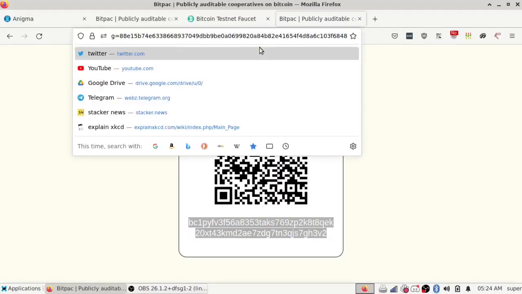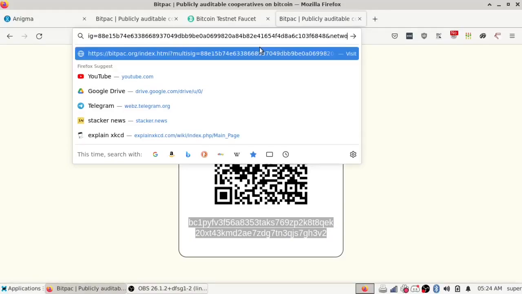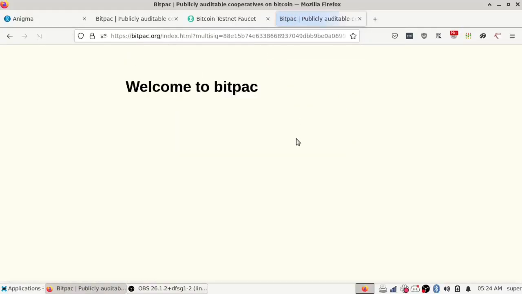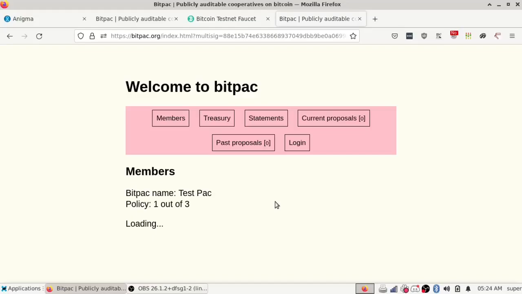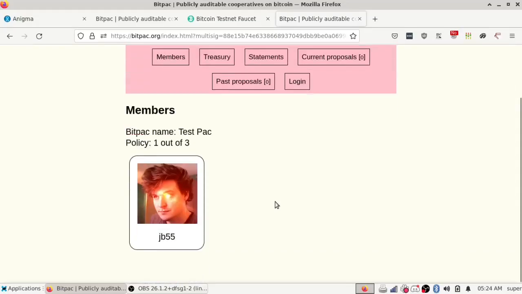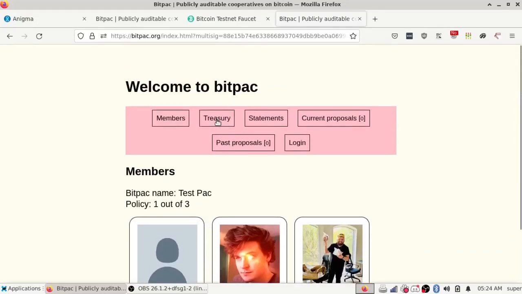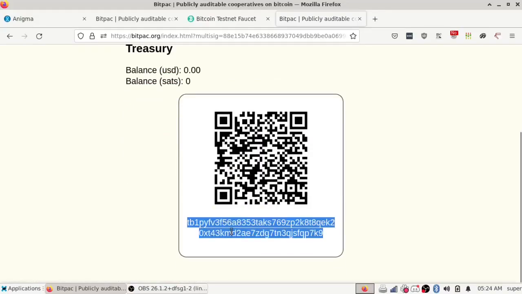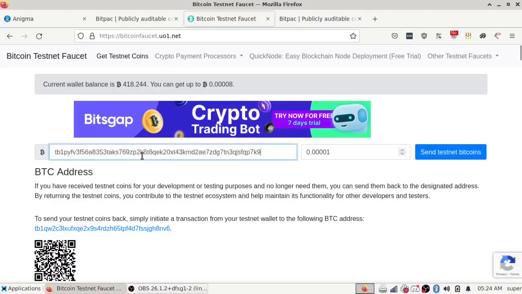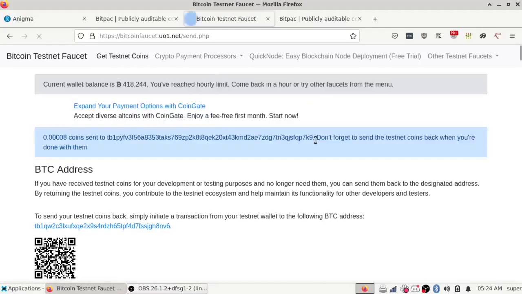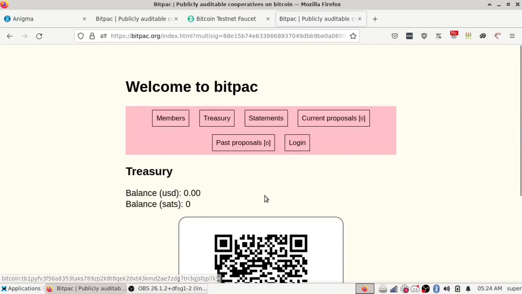So let me switch over to testnet. Network equals testnet. That way, because I want to do this on testnet and then not have to deal with real funds being at stake here. So let me do that. Put in 8,000 sats into the little treasury, and then while it's doing that, I will show you the other